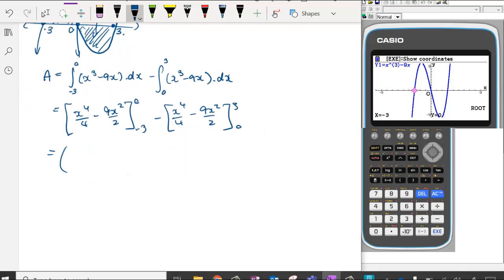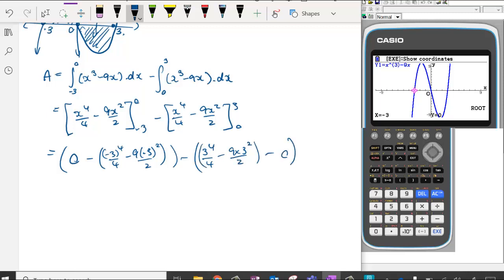and 0. So we have, in the first one, 0 subtract -3 to the power of 4 on 4, take 9 times -3 squared on 2, and we're subtracting 3 to the power of 4 on 4, subtract 9 times 3 to the power of 2 on 2, take 0. So we have -81 on 4, take away 81 on 2, and we're subtracting 81 on 4, subtract 81 on 2. So we have -81 on 4,